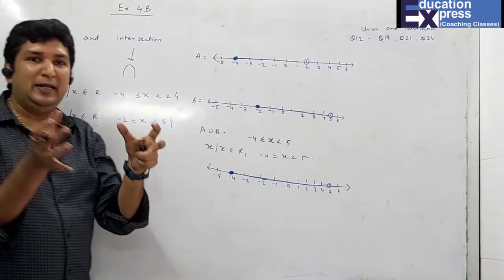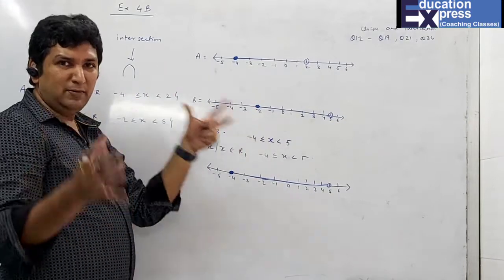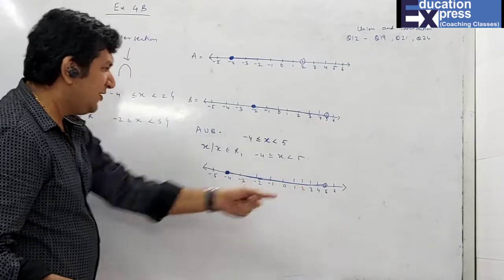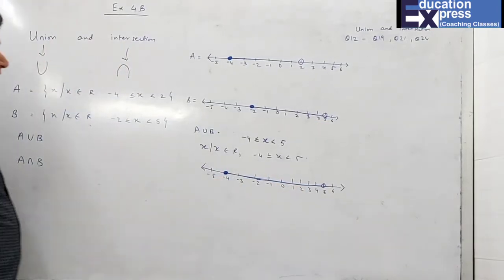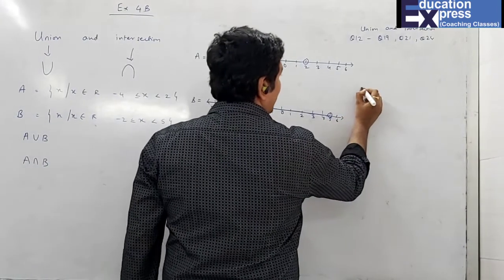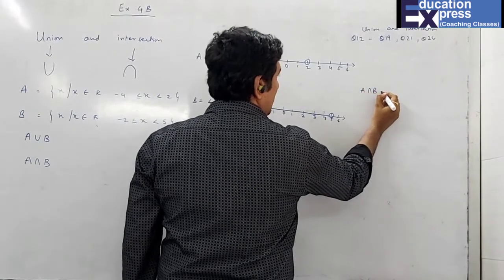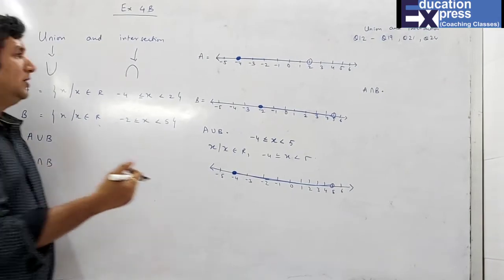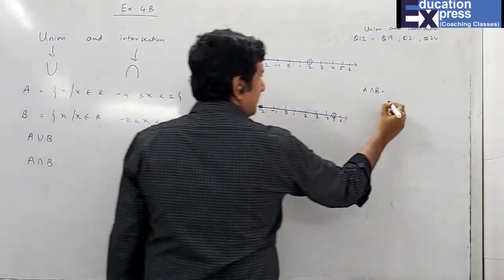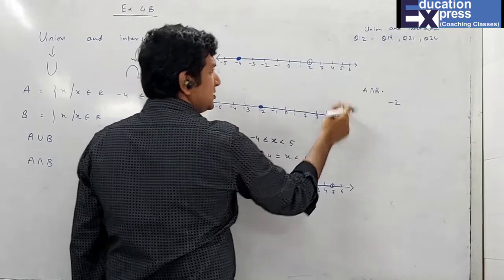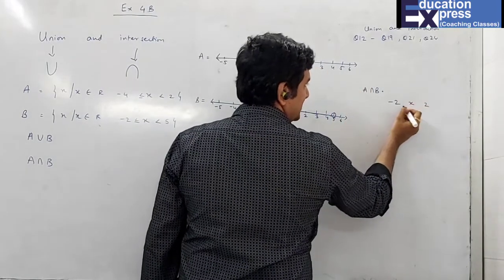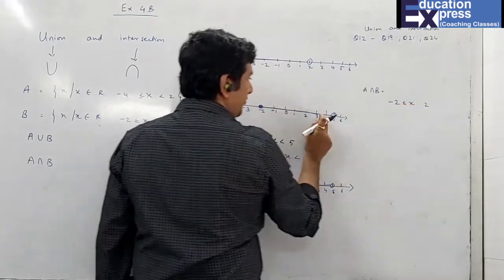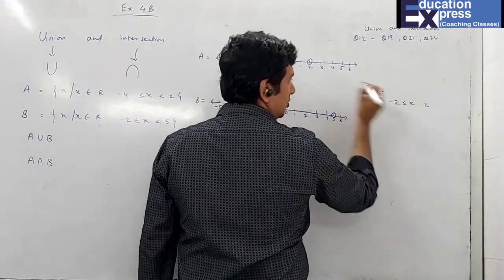Union means unity. That means if you combine, the maximum you can get is -4 on the left hand side and 5 on the right hand side, which you have got over here. Same way, exactly opposite, A intersection B. Now what I will take over here is the minimum left and minimum right. The minimum left is -2 and minimum right is 2. And X will come back in the center. For -2, it was solid, so equal to sign. And 2 is not included, so no equal to sign.